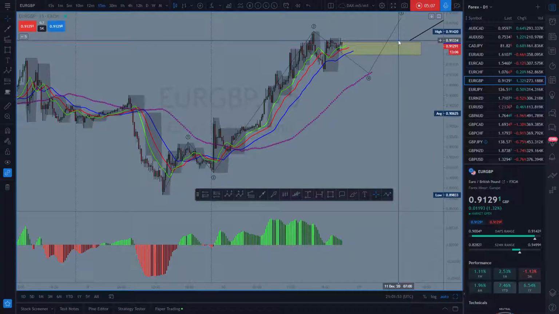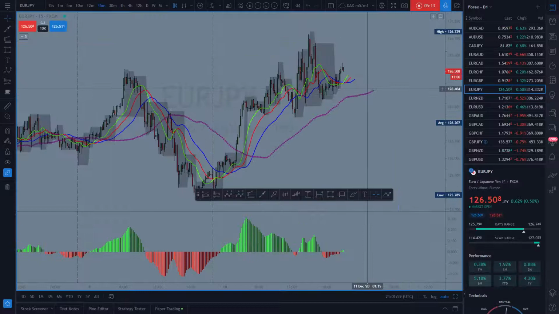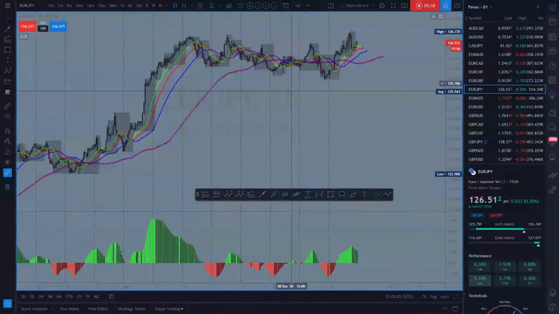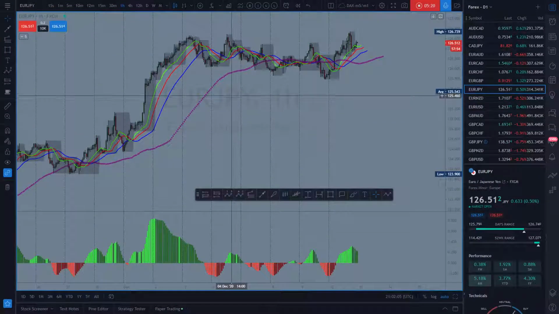So around here will be Frankfurt Open, and if it stayed sideways, we can take it long there. Right, next one is Euro Yen. Go to the hourly chart. So if we zoom out,